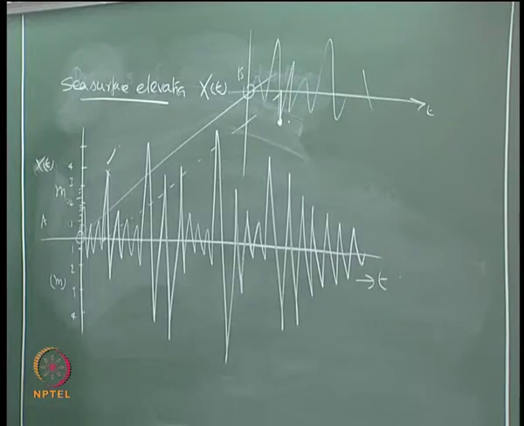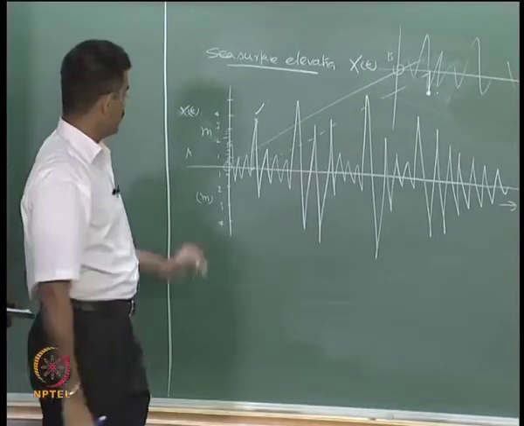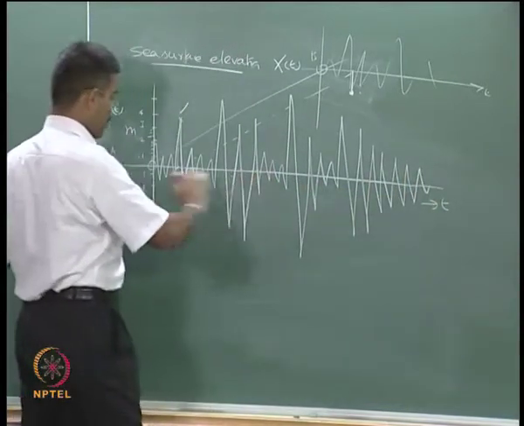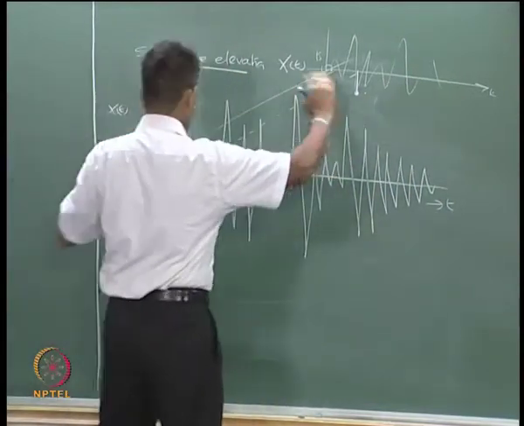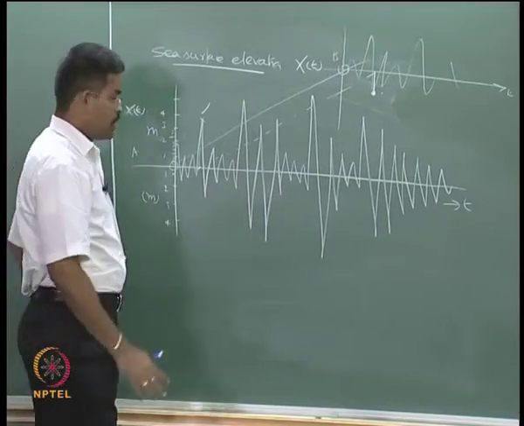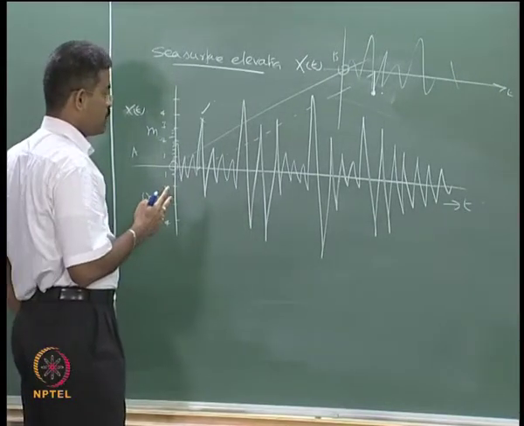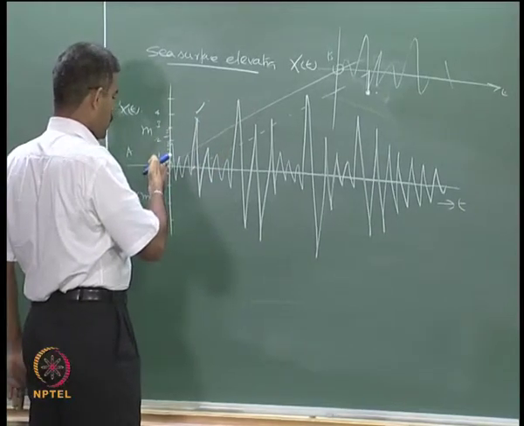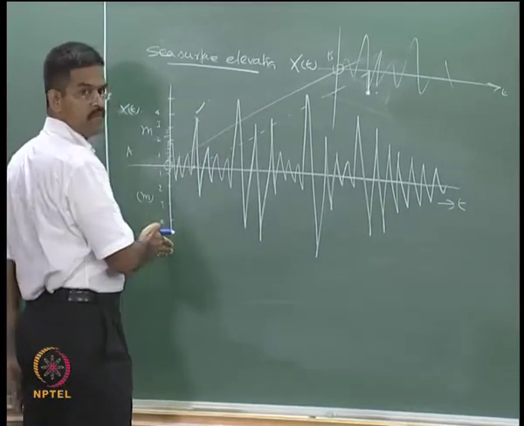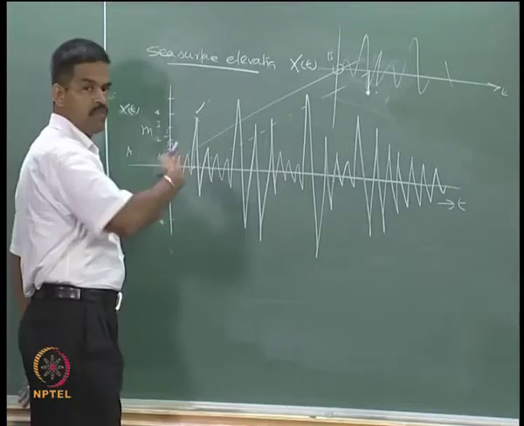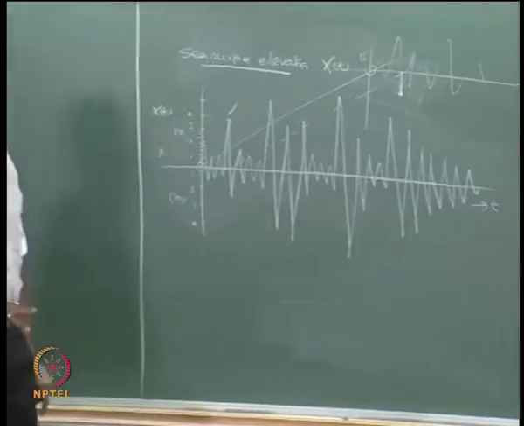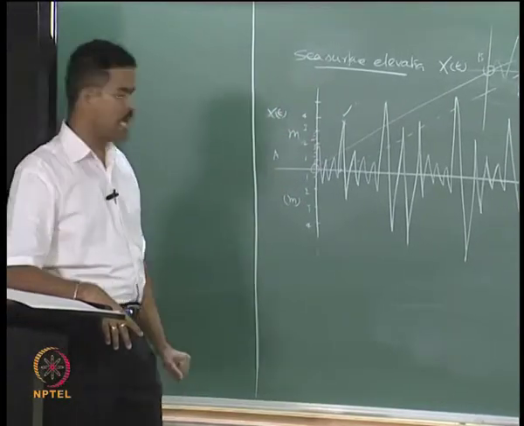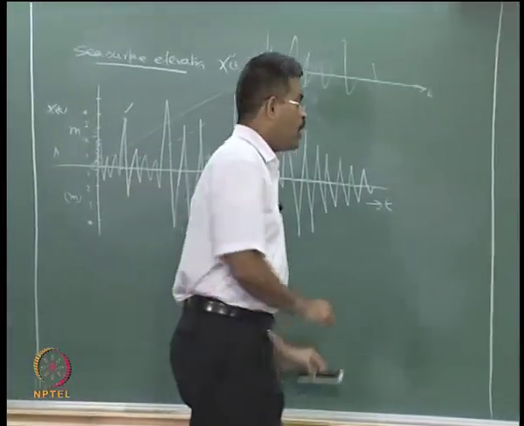So it is actually a random number, because this varies from any value to any value. Physically it cannot be 0, because you can see from the record that the sea elevation is never 0. It is some number, we do not know the number, therefore it is random, and the number can take any value from 1 to 5, which is the amplitude of the sea wave, which is also a variable. So it is a random variable. Now there are a lot of complexities involved in this. How will you handle this?